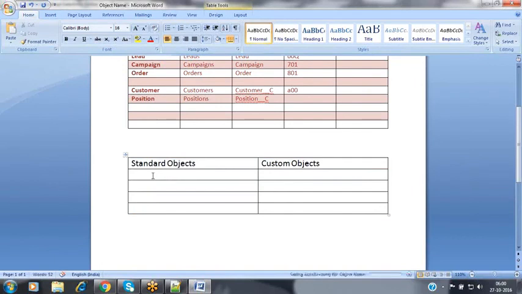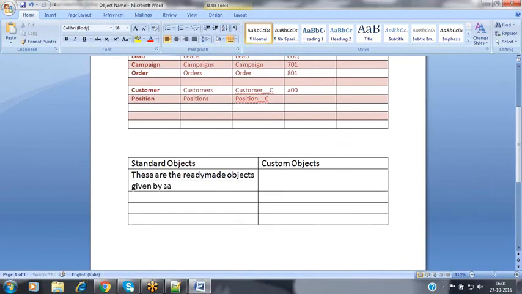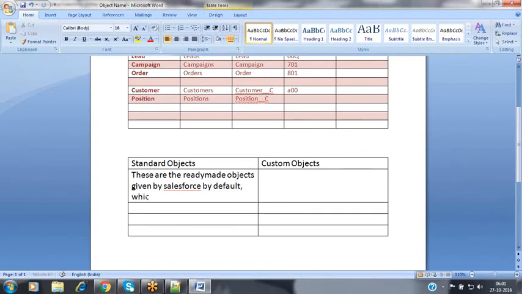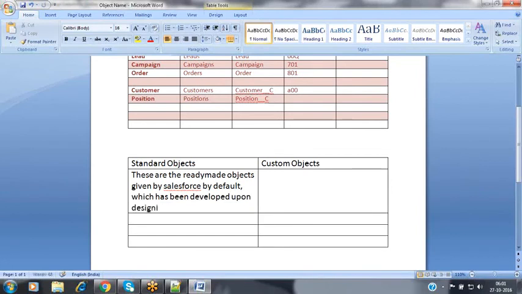So now what exactly is a standard object? What exactly is a custom object here? Standard object means these are the ready-made objects given by Salesforce by default, which have been developed upon designing the Salesforce CRM application.